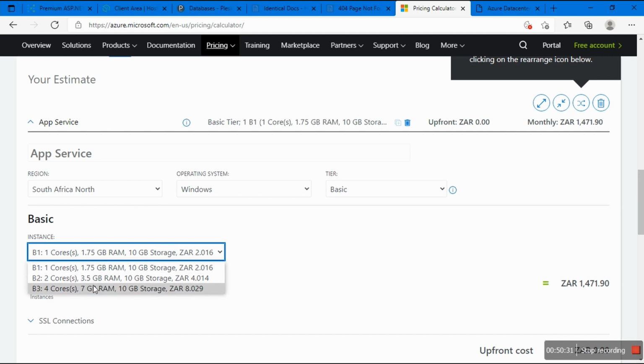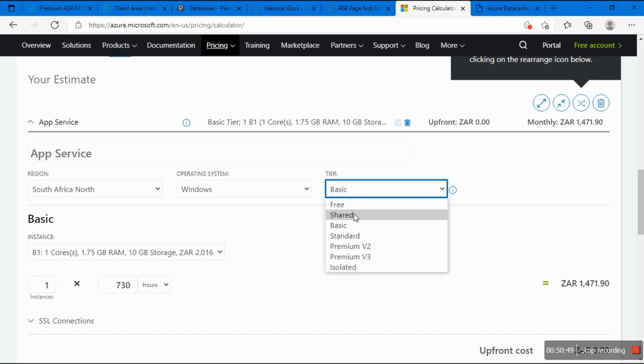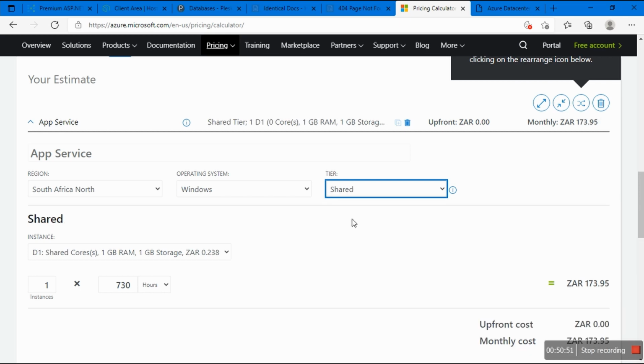But if you go for 7 gig of RAM, 4 cores, this is the feature we need to invest into our systems. And the reason why I'm doing this is because your system might be a system that can make money. So this should not worry you, but we're talking about the quality of service, literally. Quality of service. So yeah, I think shared can work for me, but I don't like the storage.